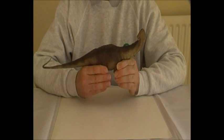All in all, this is an excellent young Apatosaurus dinosaur model, and it is a welcome addition to the Papo